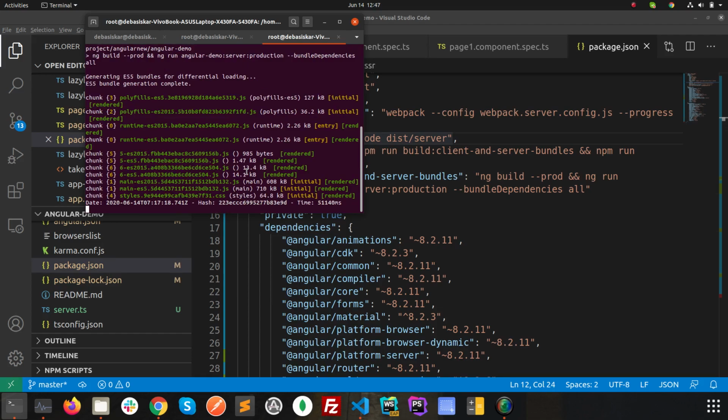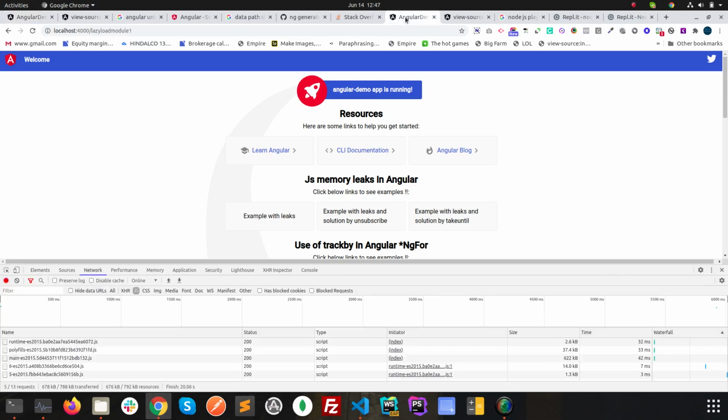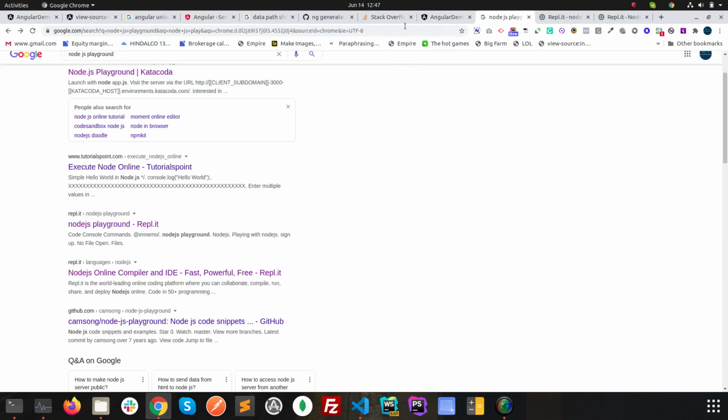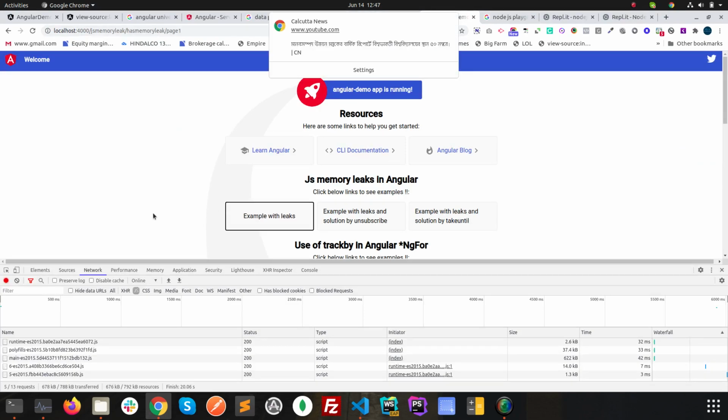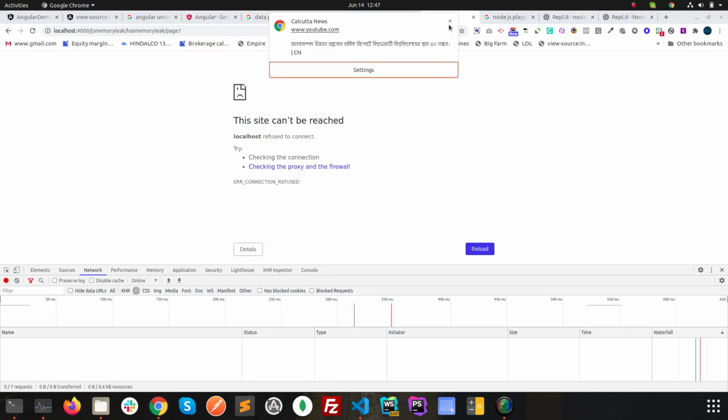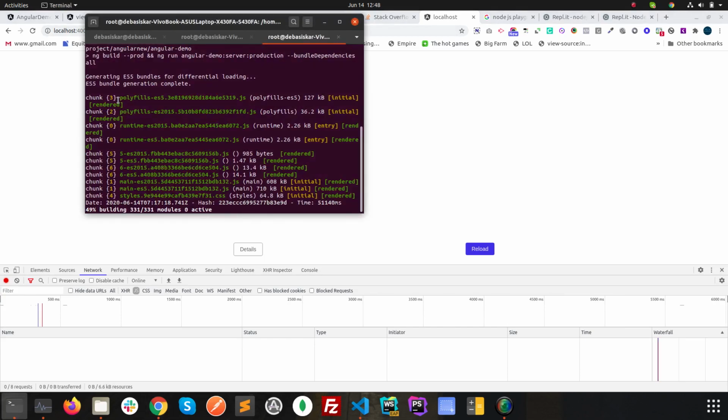We can see it's still working. It will take a few more minutes. Right now, as I am not serving this, this particular page won't work. It has been working for now, but if I refresh that, you can see the site can't be reached because the server is not live yet.